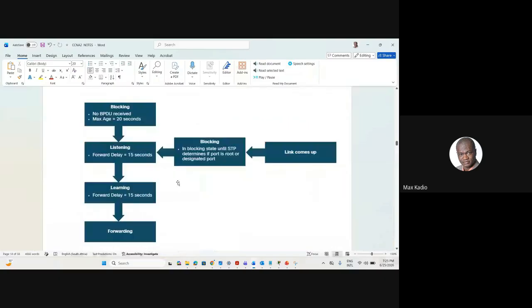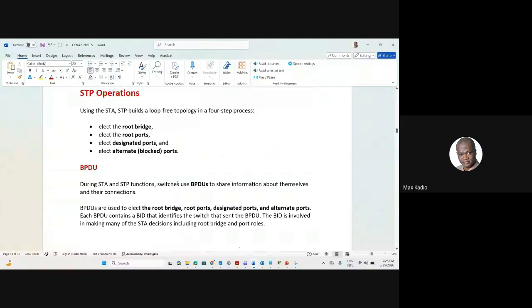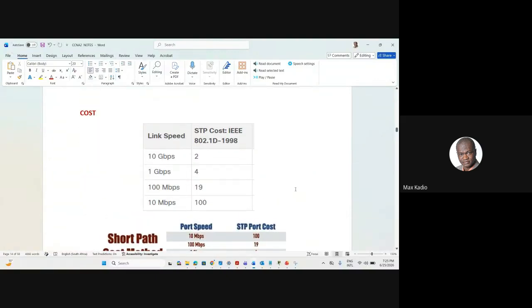According to the cost table, you see? If 100 meg per second is fast Ethernet, then the cost on the link is 19. If you're using gig Ethernet, the port cost is 4. So this cost will help you to find the root port, because it's the cheapest port going to the root